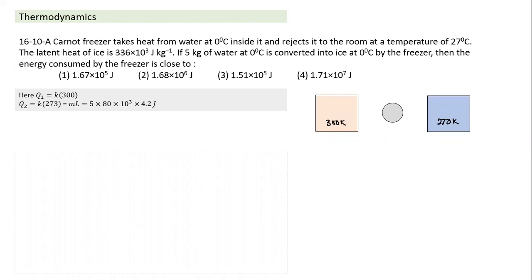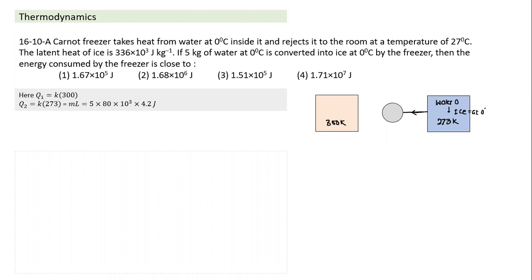Okay. And latent heat, how it draws heat from here at 0 degree. And what does this contain here? If this contains water at 0 degree, what will happen if you remove heat? Water at 0 degree will turn into ice. It will turn into ice at 0 degree. So that's what is happening here. It is at 0 degree only.